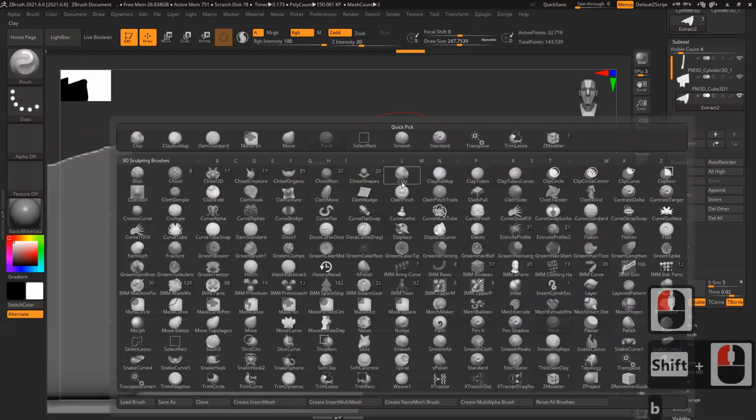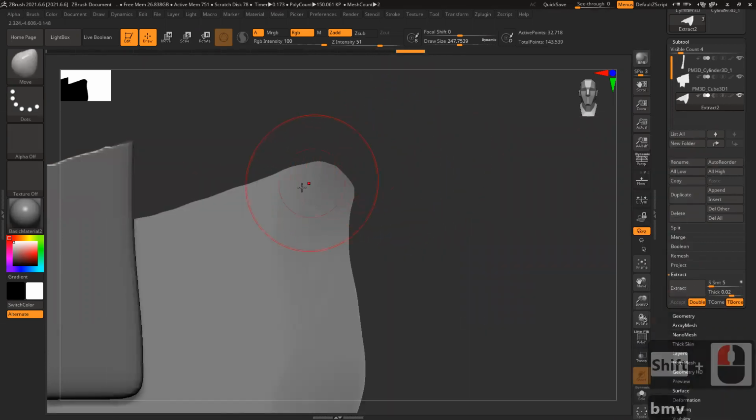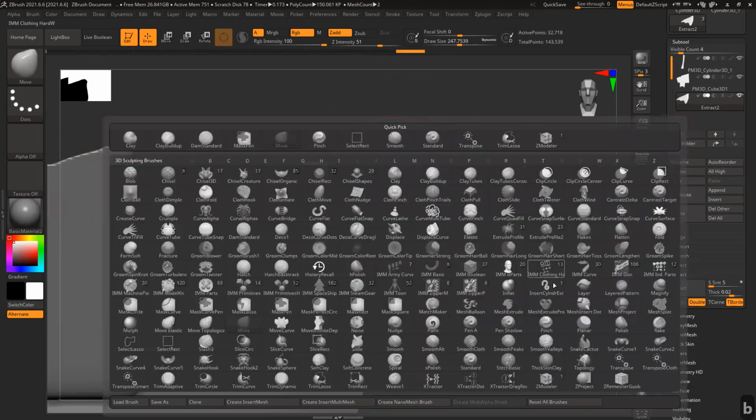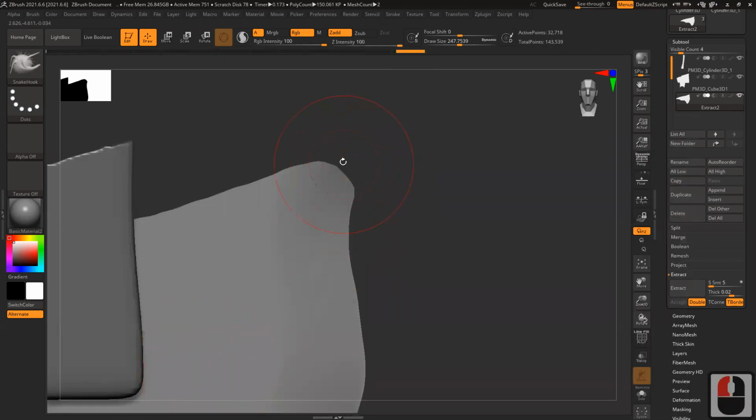The move brush again, or if I want to create a really sharp angle, I can use Snake Hook. There's another brush named Snake Hook. It basically acts as a move brush, but a little sharper. You can create sharp angles and sharp points with the help of this, like this.